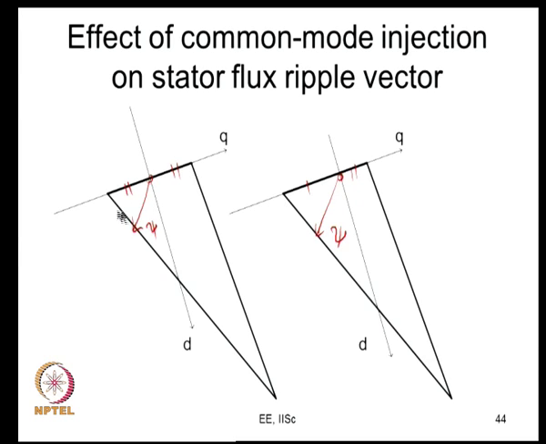So, in this case you will have lower q axis ripple, in this case you have higher amount of q axis ripple, and therefore, this is going to lead you to more pulsating torque. Therefore, if you divide the null vector time equally, your pulsating torque is low, if you divide it unequally, in general your pulsating torque is higher. So, dividing it equally is not actually optimal, it is suboptimal, but it is very close to what is optimal. Many a times when you are using continuous PWM, it is best that you divide that equally.